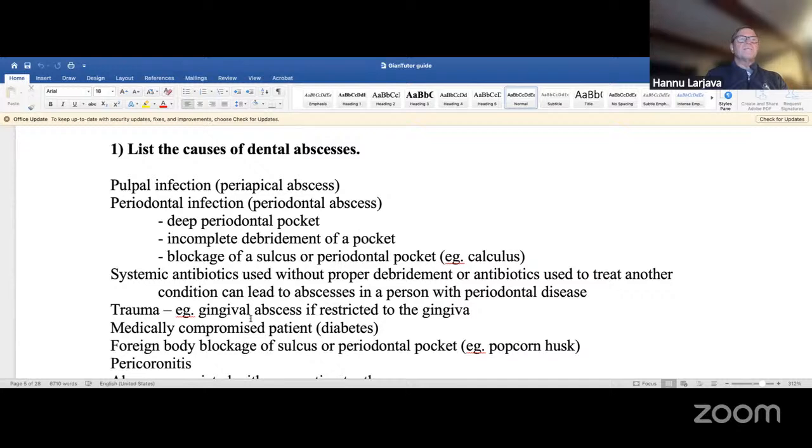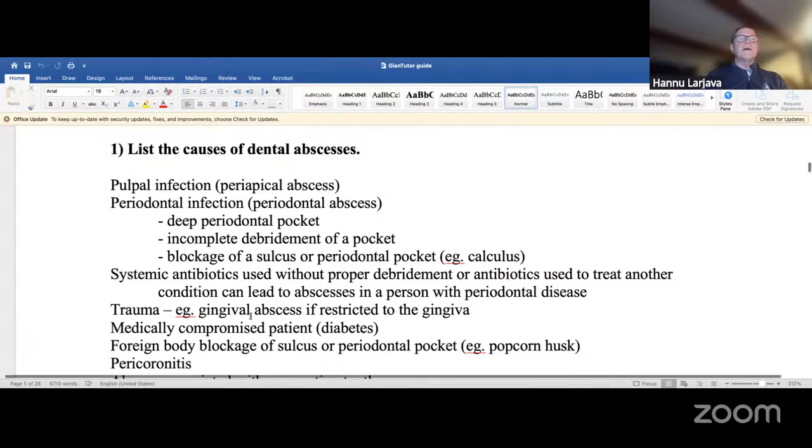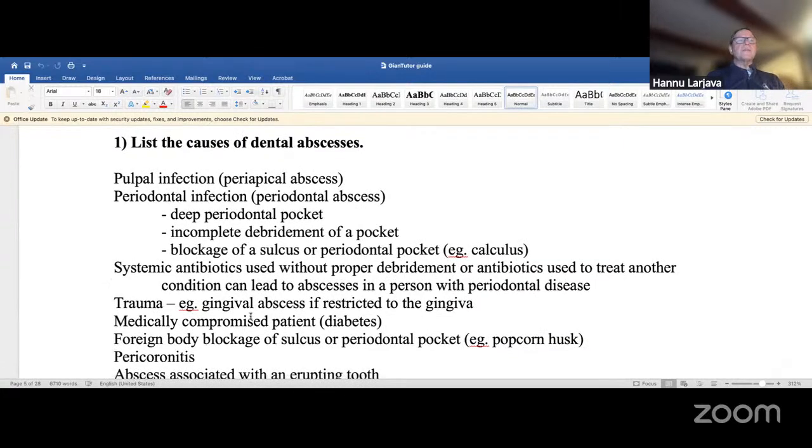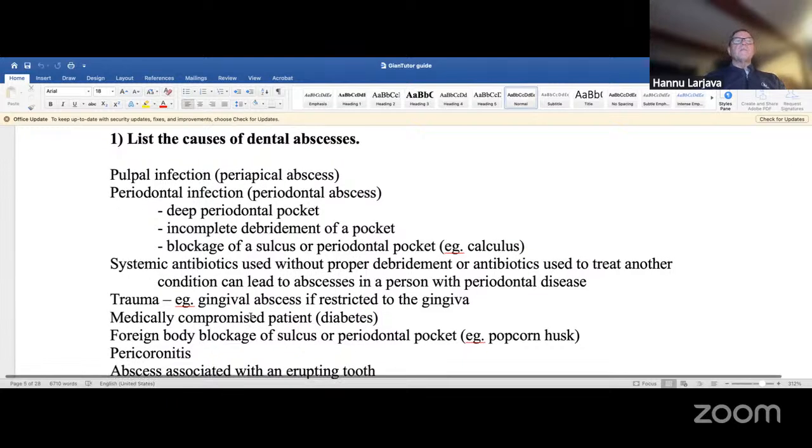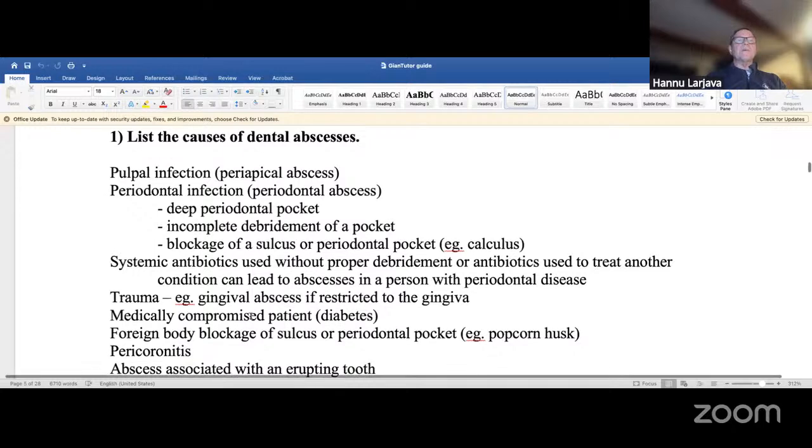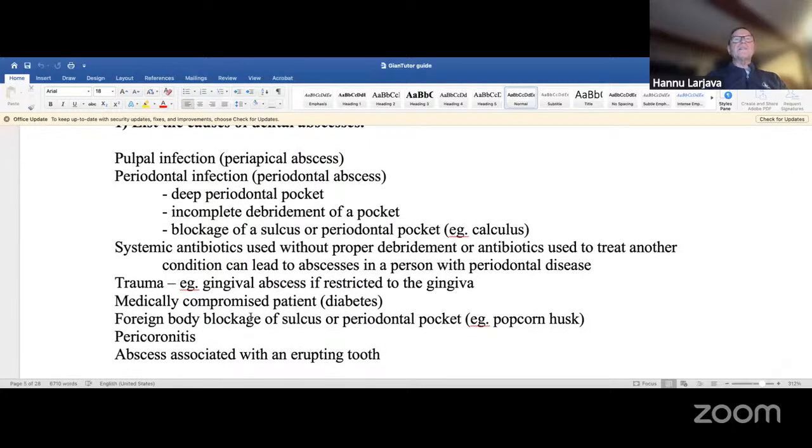Trauma, and you may have a foreign body that goes into the tissue and is causing a foreign body related abscess by itself, or it can go into the periodontal pocket. So you can have a popcorn sliver or any kind of food getting trapped into the site, and then you may have an abscess. Diabetes patients are medically compromised, and they are more prone to have these abscesses. So it's quite typical for them to have abscesses much more easily than patients without